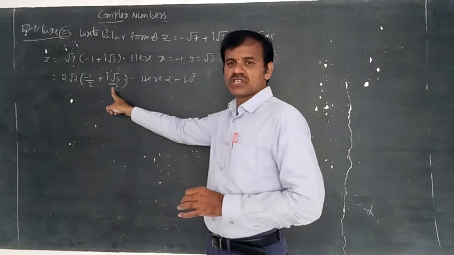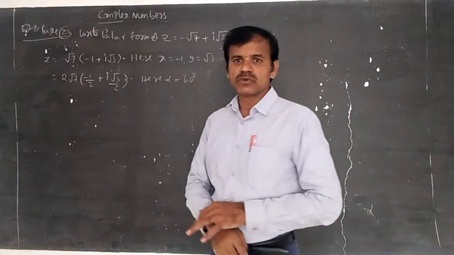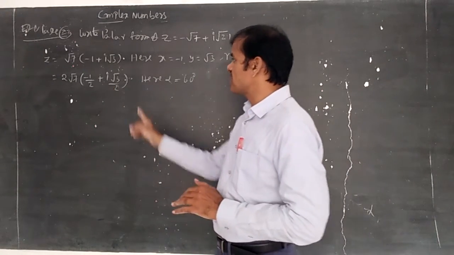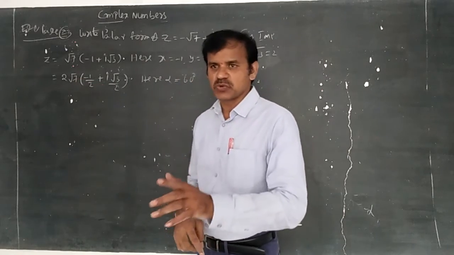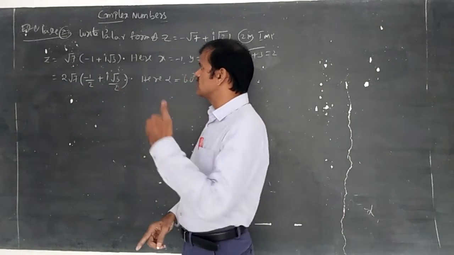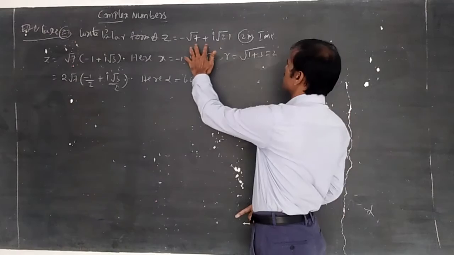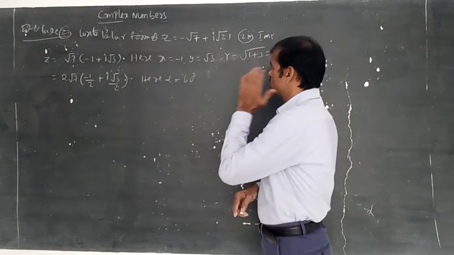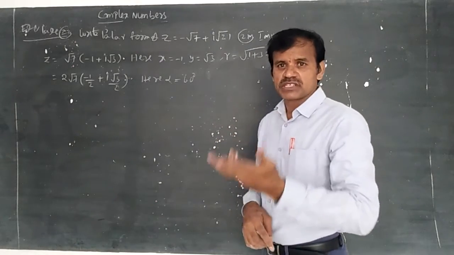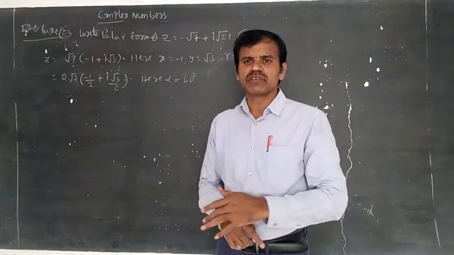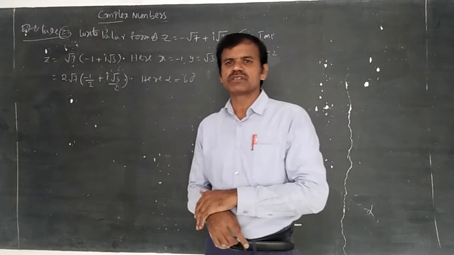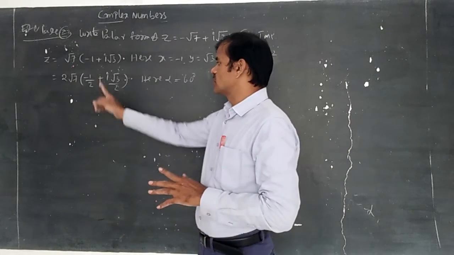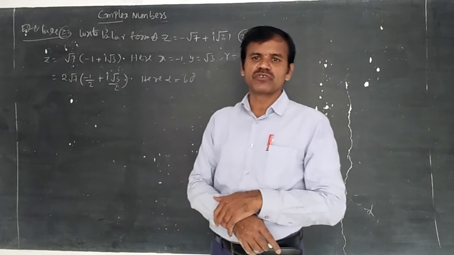Of course, sin 60 is equal to root 3 by 2. Now you can understand whether cos is positive or negative, and sin is positive, depending upon just observing the complex number. Only then can you decide in which quadrant it lies. The first one is always cos, that is x. The second one is always sin, that is y. So cos is negative and sin is positive. In which quadrant?